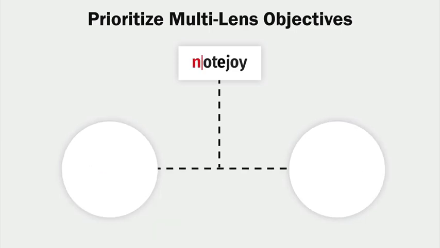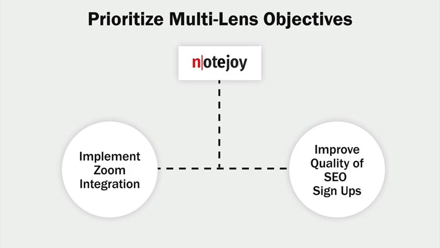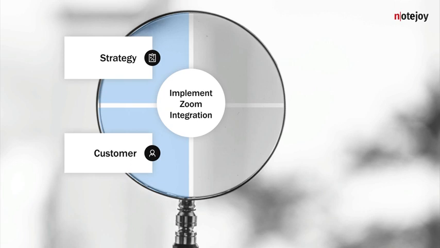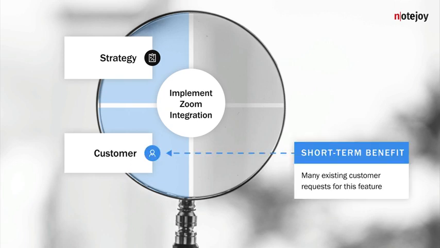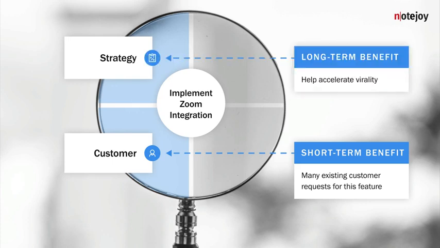To illustrate this, consider NoteJoy. They were deciding between two major objectives: implementing Zoom integration or improving the quality of SEO signups. The Zoom integration was part of both the customer and strategy lenses. On the customer lens, there were lots of existing customer requests for it. On the strategy lens, it would help accelerate their dominant channel strategy, virality. Users generally need to send out the meeting minutes after Zoom calls, creating a viral hook for those receiving the